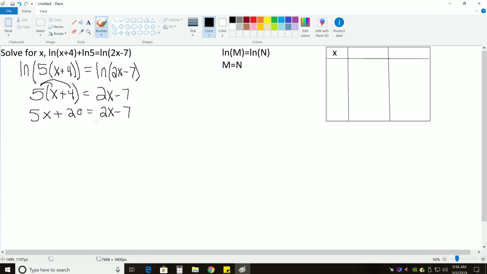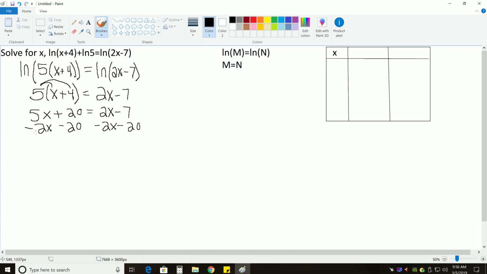Now we need to combine our like terms by moving the smaller x to the other side. So we're going to subtract this 2x from each side. We move the smaller one to try to avoid any negative values in front of our x's. So we subtract 2x from each side, and now we need to get the constants together on one side. So we'll subtract the 20 from each side,